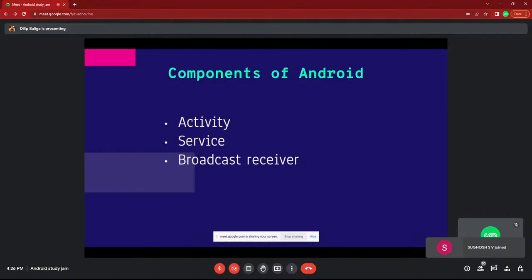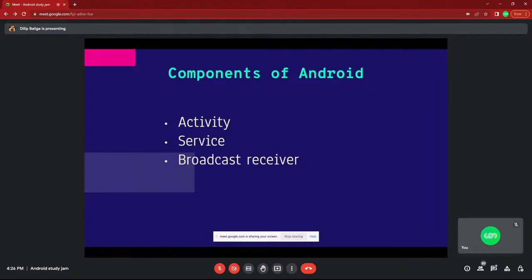When you install the app, we are listening for certain events. That is called a broadcast. We are listening for something, and when a certain event is triggered, the broadcast component automatically performs whatever operation is required. For example, I am listening for an OTP message.